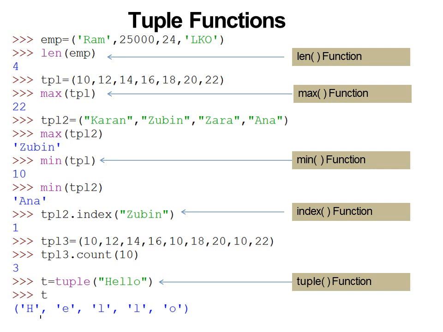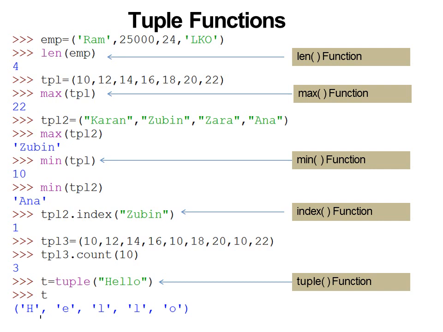Then the min function. What does min display? It displays the least value. So in this TPL tuple, I can see that the min function is displaying the value 10, because 10 is the smallest element within this tuple. Next, min of TPL2, again I have used the min function on TPL2. Now I have got the value Anna.